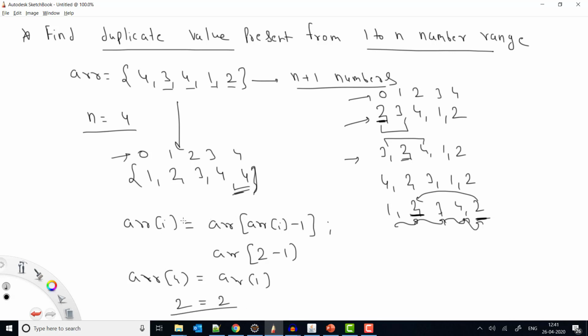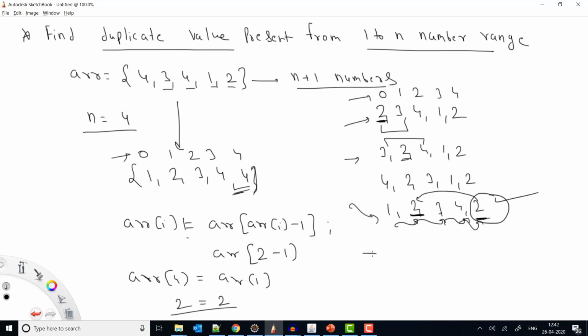So basically, we need to swap the value if it is not equal to this one. Because if it is equal, like in this case, it means there is no point in changing, because the value is already in the correct place, right? Now once we have done all this sorting in this manner, whatever the last value is will be my duplicate value. Because once you do this, all the values will be at their correct positions, and the duplicate value will be at the last position, whether it is 2, 3, 4 or whatever value. The duplicate value will be at the last, so we can just return the last value, right?